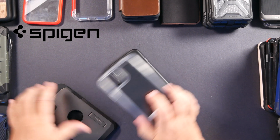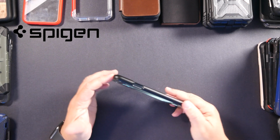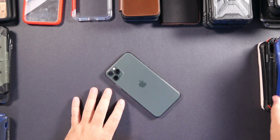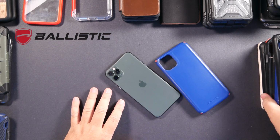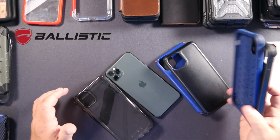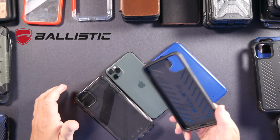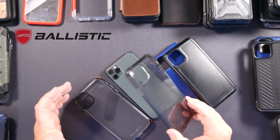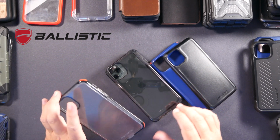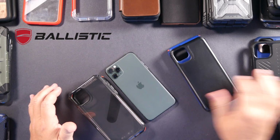I know I spend a lot of time on these, but Spigen, they can do no wrong in my book. I love their products. Certainly last but not least is a company that I've actually covered on this channel before, Ballistic. They have gone through some changes. They are another company that likes to offer style with function and give you great protection. And something that's very minimal that will give you what you want without feeling like you're